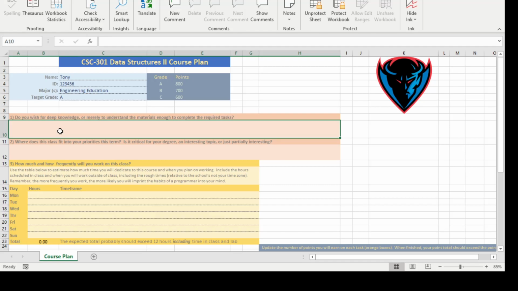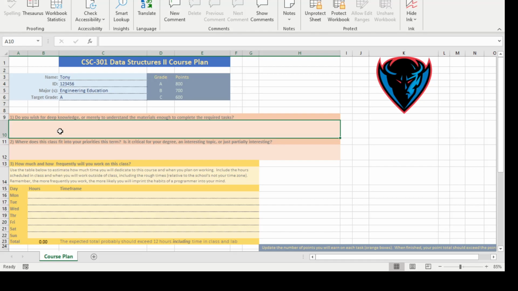So the first question here I want you to reflect on is ask yourself and commit to yourself, what type of information do you want? Are you simply trying to pass this class because really I want to be, I don't know, a real-time embedded developer. I want to go build Internet of Things stuff. I'm never going to deal with big data, so I don't really need big fancy data structures. I wouldn't necessarily agree with you, but that might be your opinion. So I just want to get past this class. I want to be able to do whatever you want me to do to get my grade.